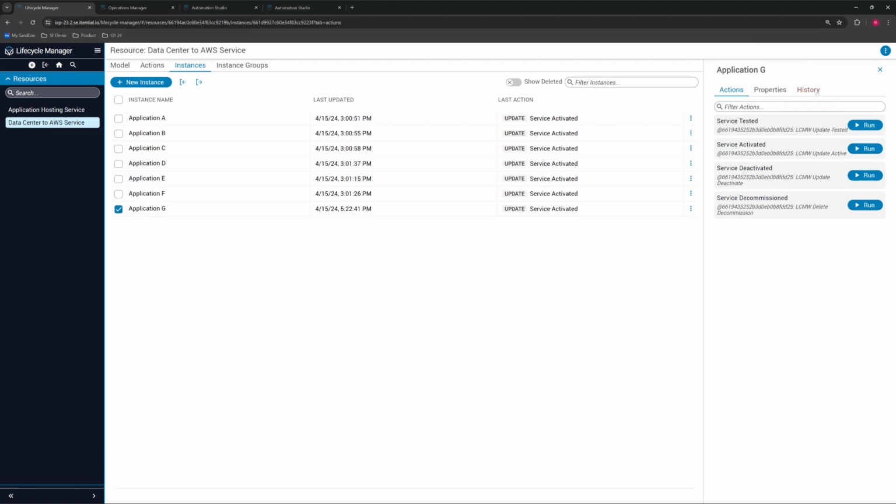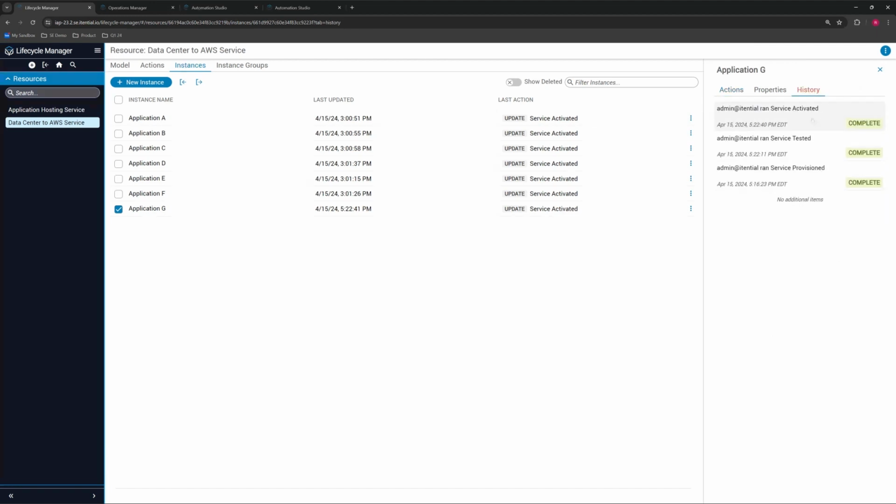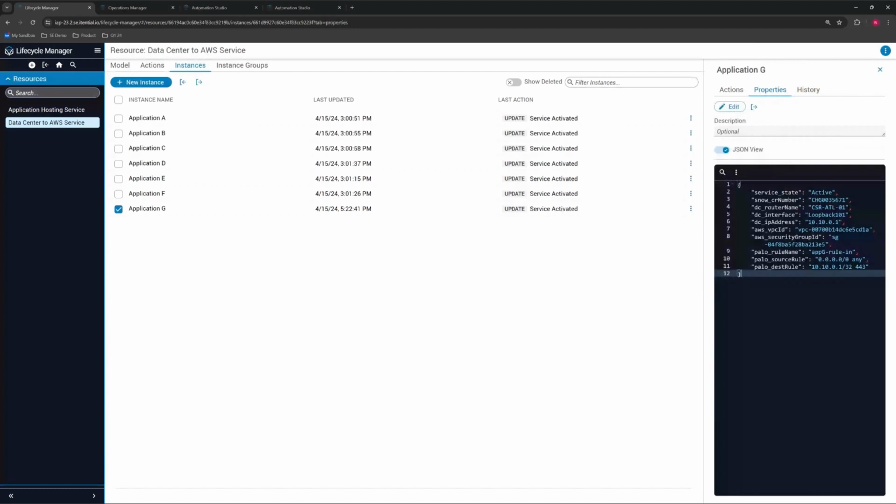But we can also do other things like update the billing system. We can send messages and emails to the customer to let them know everything is active and ready to go. And of course, finally, we do want to set the state to active. And notice that every time we're updating this, you're seeing the service state move from the last action here. So we always have a view of all of our different application services that we've created and their service state